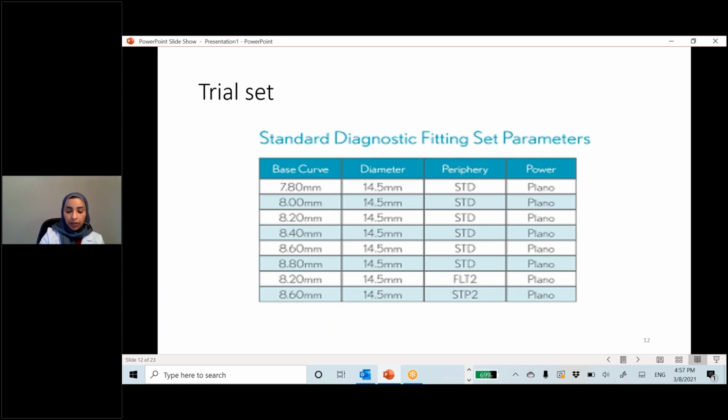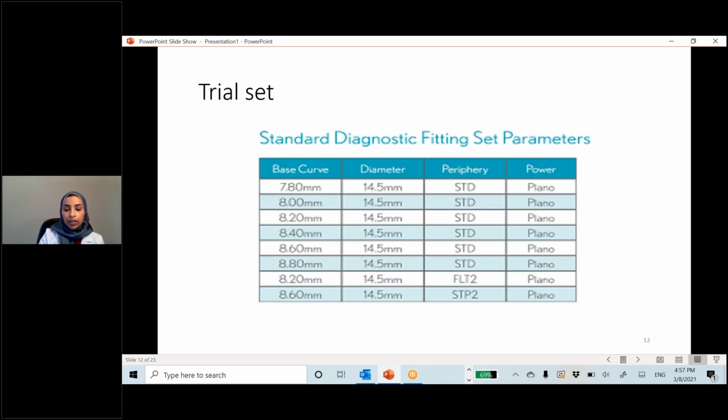The standard periphery pretty much fits most of the patients that you will be encountering when you are using this lens design. Now, one step in this design is 0.2 millimeter of radius difference. So going from, for example, 8 to 8.2 is one step flatter in periphery. And the reason I'm bringing this up is that the periphery is just one step flatter in the lens, because we have the last 2 lenses,